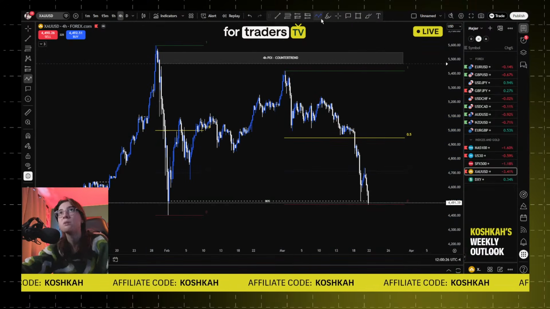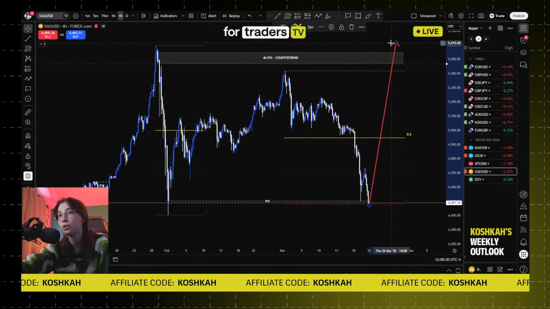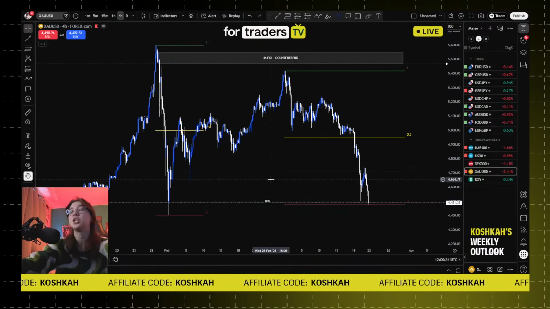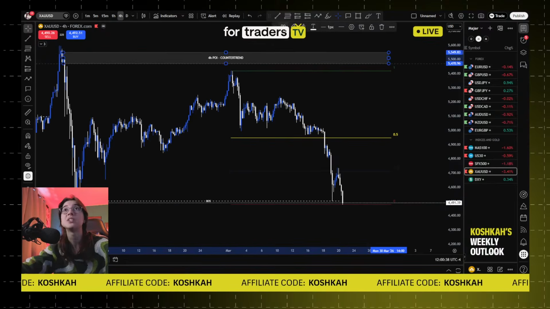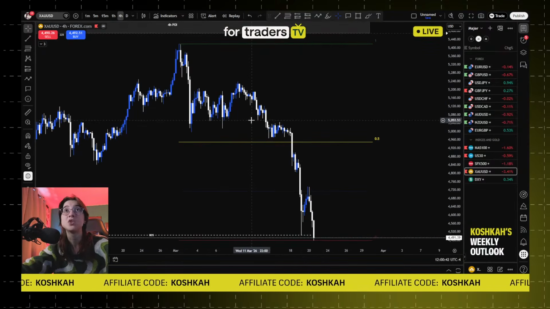Again, I know maybe this is just a deeper pullback. There's gonna be a liquidity sweep and then we're gonna push to the upside, but we don't know that yet. According to my strategy, now we're bearish, so I'm gonna be looking for some sells. So now this 4-hour POI is no longer counter trend,